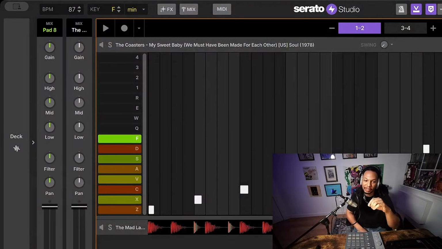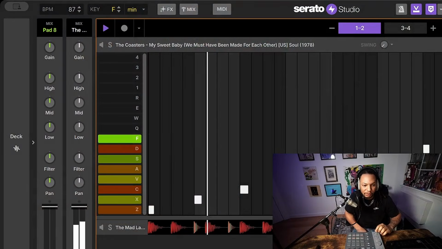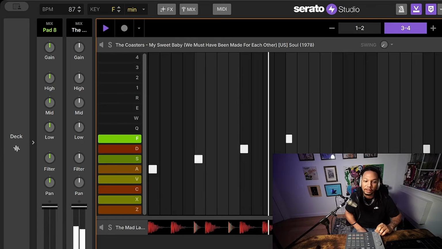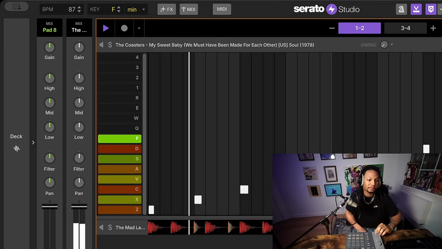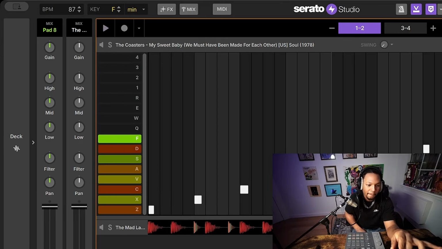Now you see that, now a 4-bar, right? And I can duplicate that again and do another variation if I want to, right? But that's the type of approach you've got to think about with the counting, right? 1, 2, 3, 4. 1, 2, 3, 4. You know what I mean?